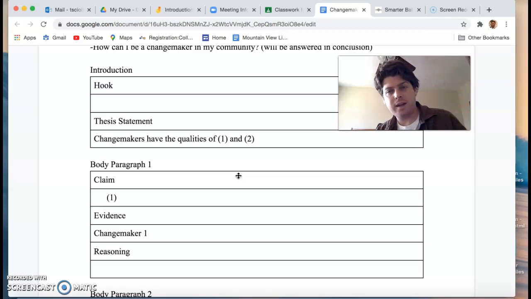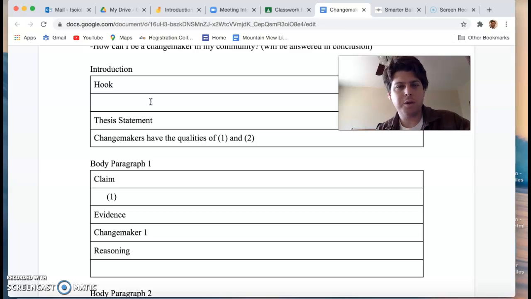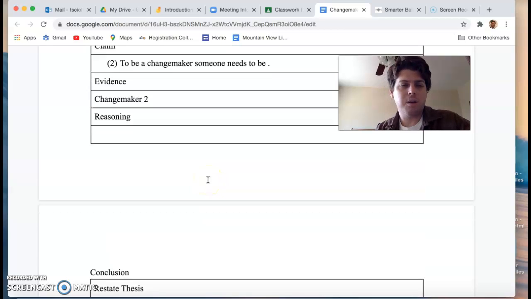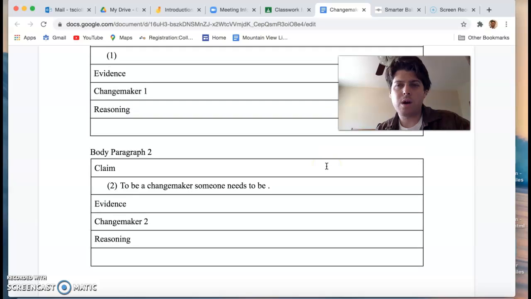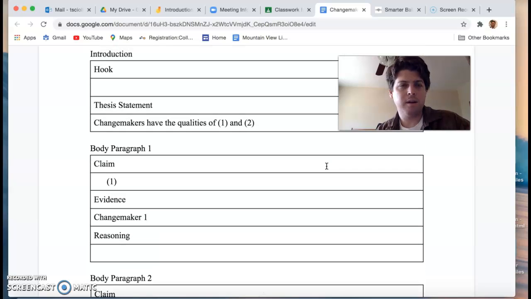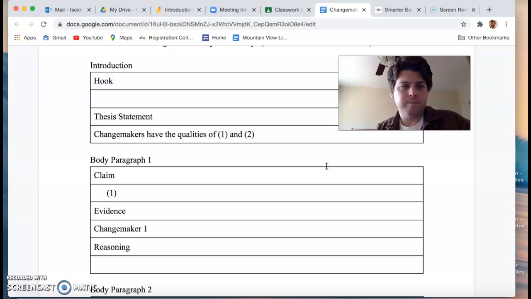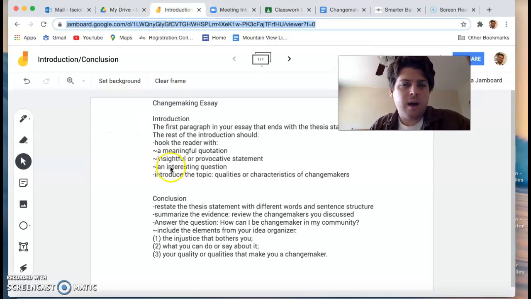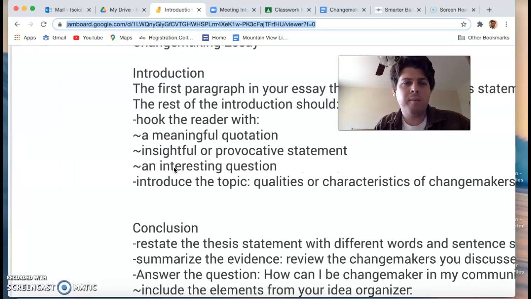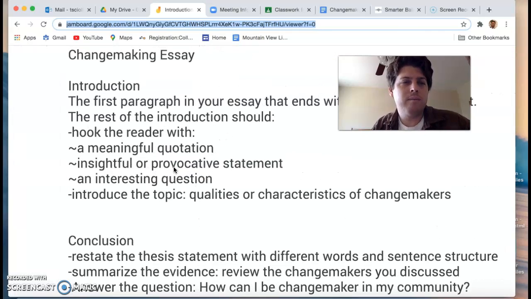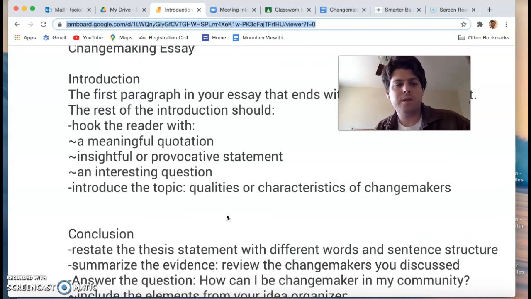The icing on the cake, so to speak, is the hook or the rest of your introduction and the conclusion. So we're going to talk briefly about some steps to take to complete that introduction and conclusion. Take a look here at this Jamboard. I've broken down how the introduction should be completed and the conclusion should be completed for this particular